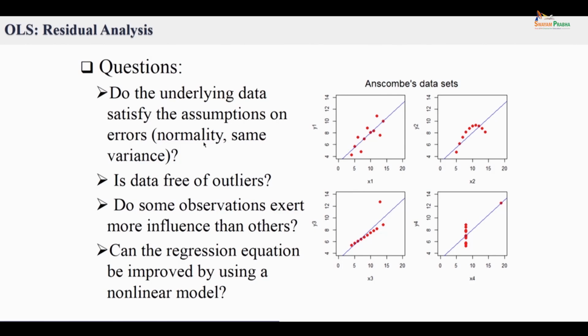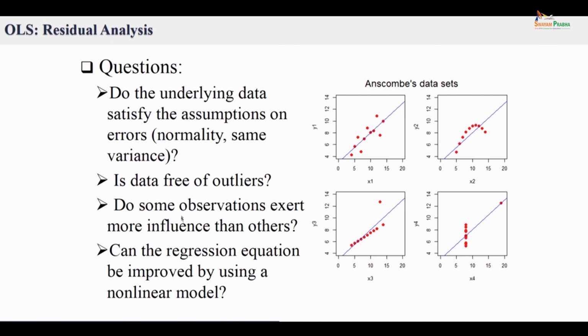not been stated explicitly. We assume that the errors that corrupt the independent variables are normally distributed and they have identical variance. Only under these assumptions can you use a least squares method to perform linear regression. You can at least prove that the least squares method has some nice properties. So we don't know whether this is true, and we have to verify whether the errors are normally distributed and have equal variance. We also may have a problem of data containing outliers, which we may have to remove, and